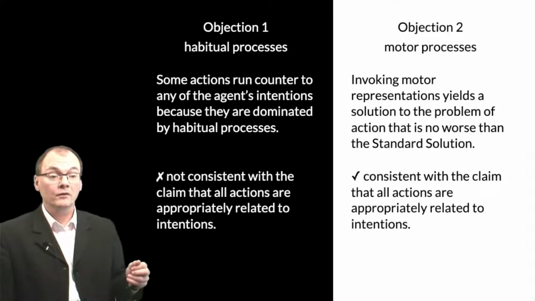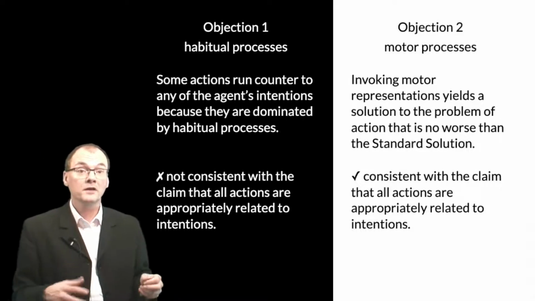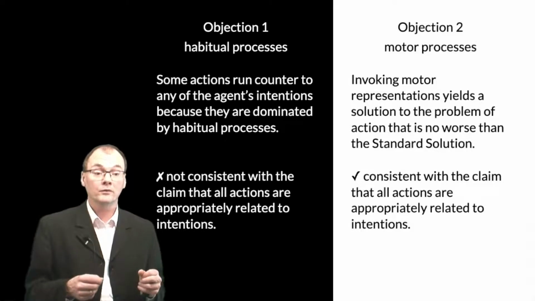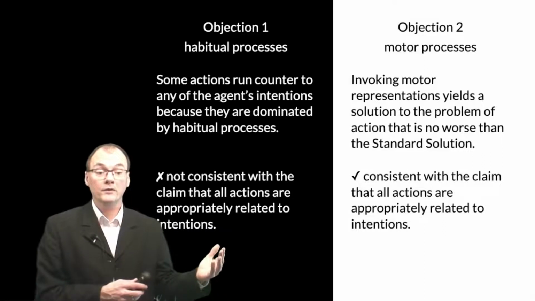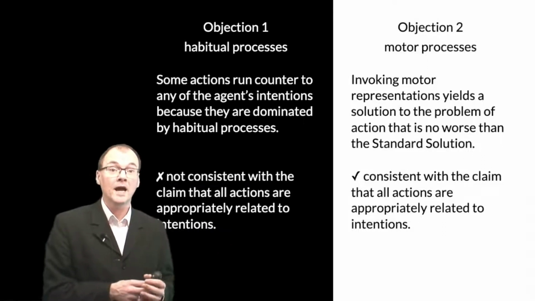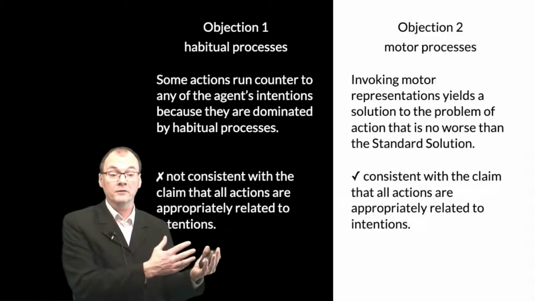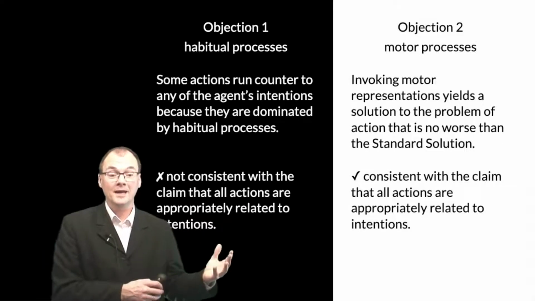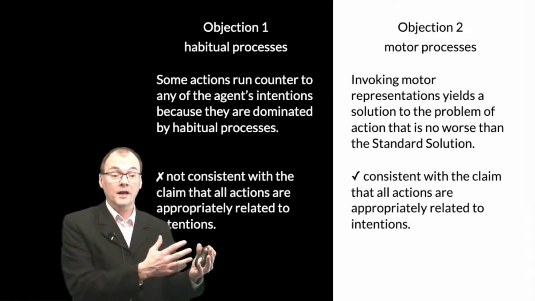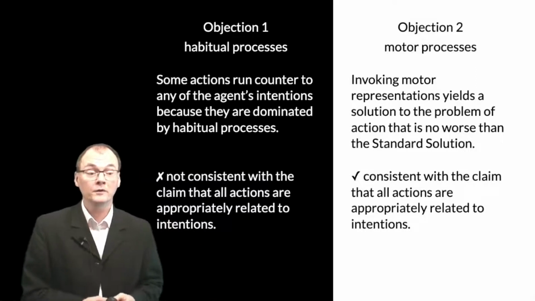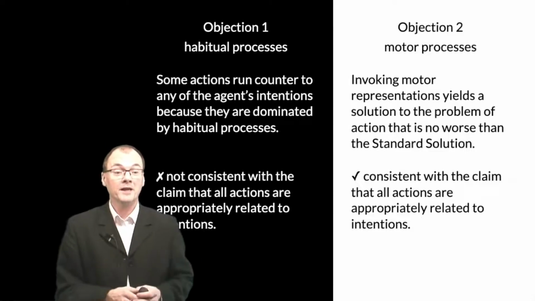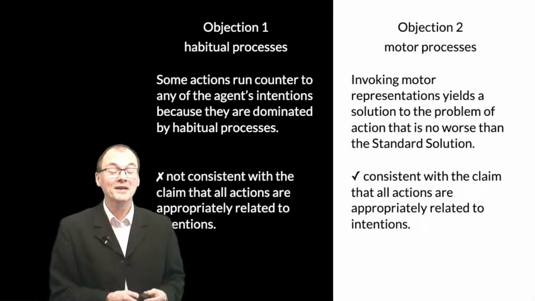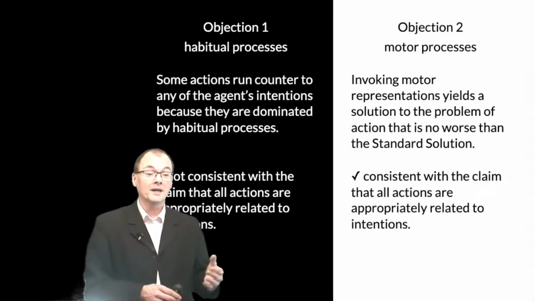So we have seen now two objections to the standard solution to the problem of action. I do not think that these are the only possible objections. As we saw earlier, various philosophers have thought about habitual processes, perhaps not with terribly great accuracy or deference to the literature on animal learning and other cases where habitual processes are important. For some reason, philosophers really love to study William James from the previous millennium, but some of them are somehow a bit reluctant to look at the latest research there.